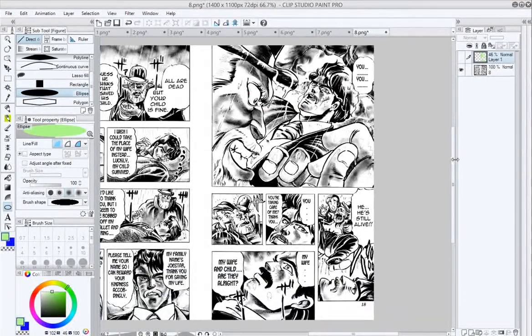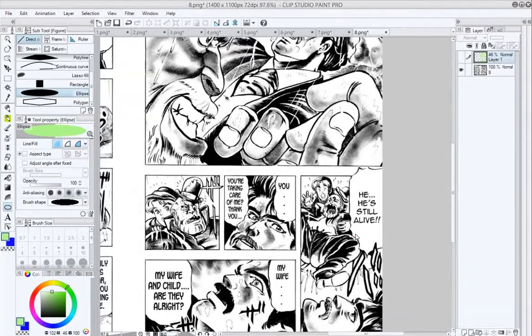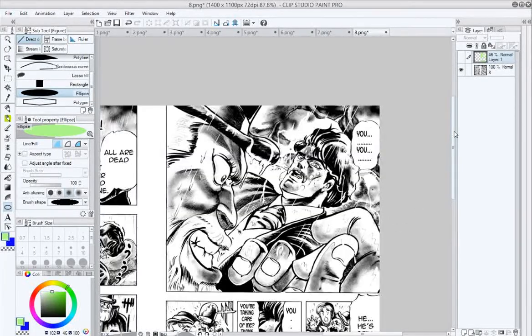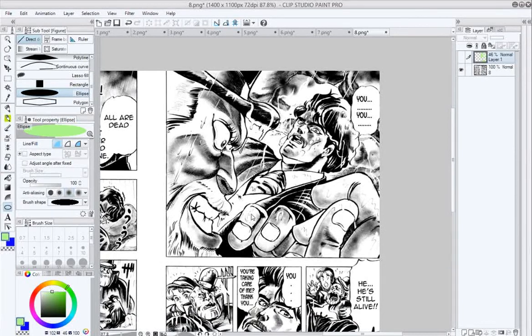So, large panel here, foreground. Oh, this is a good example of what I was talking about earlier. You can see the importance of adding white outlines to really heavily inked panels, because this panel was initially hard for me to understand, and maybe it was for you as well, because there's no white outline on the foreground hand. So it looks like these hands are on the same plane, which they're supposed to be physically, but it comes off as confusing because